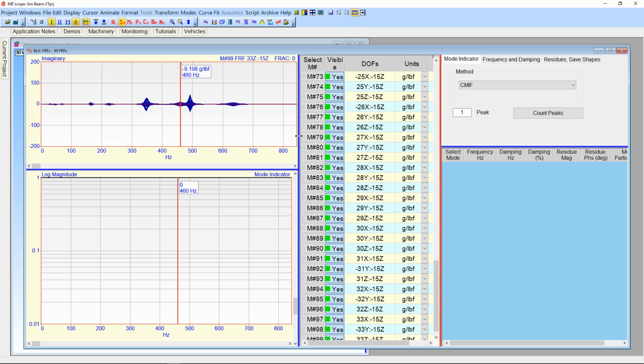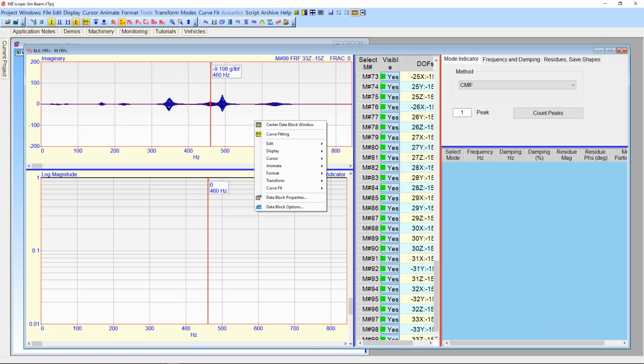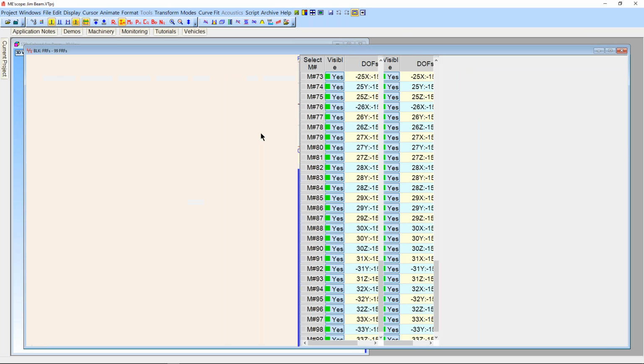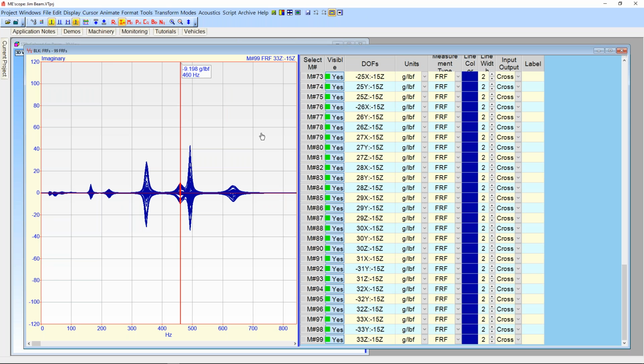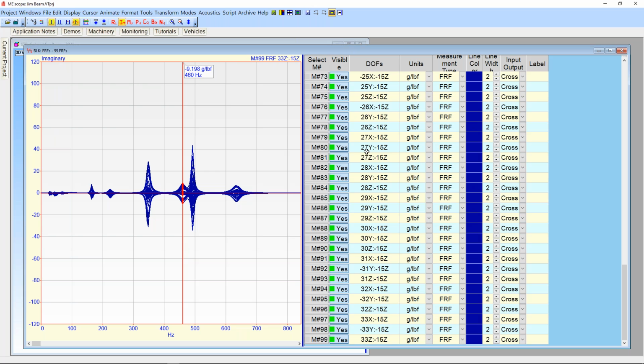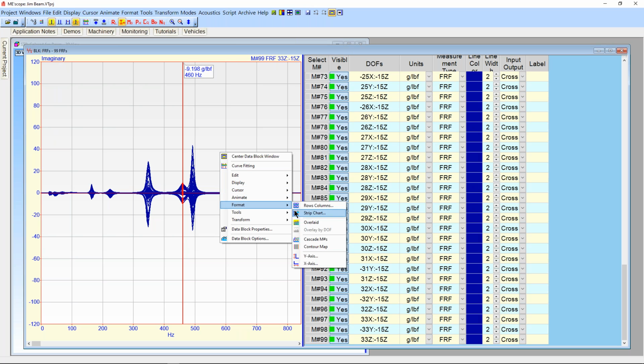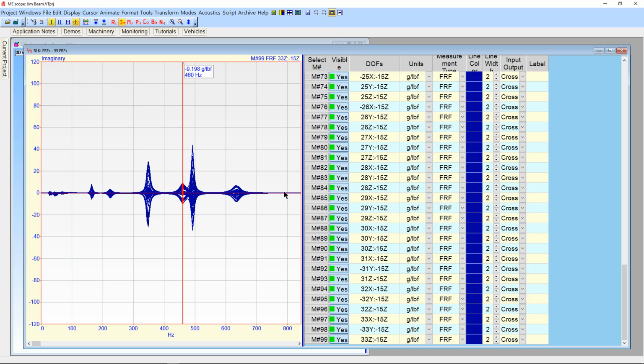So these are the most common ones, and I'm going to go back over here to the data block window and open, and I executed this one called curve fitting. Now you can see that it's showing me that it's enabled, so if I execute it again, I go back out of curve fitting and I'm just back in the data block display with the properties in the spreadsheet and the graphics over here. Let's go back and turn off the overlay. We'll go back to a row column format,